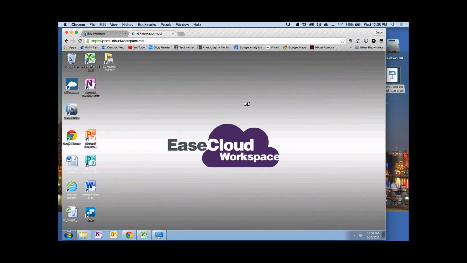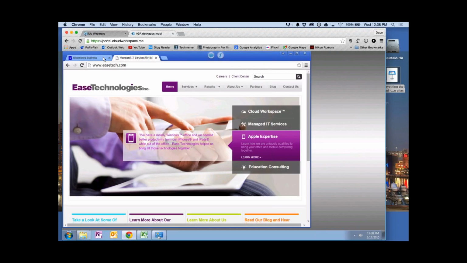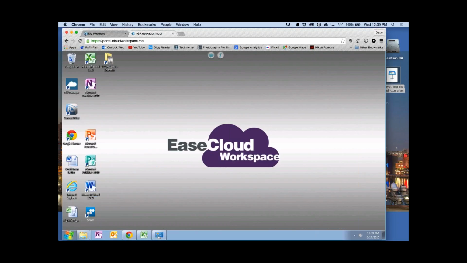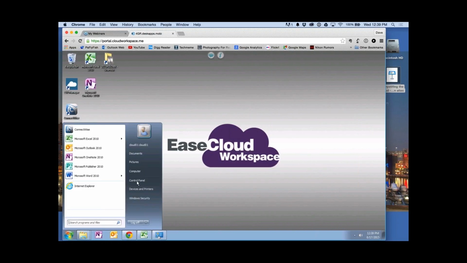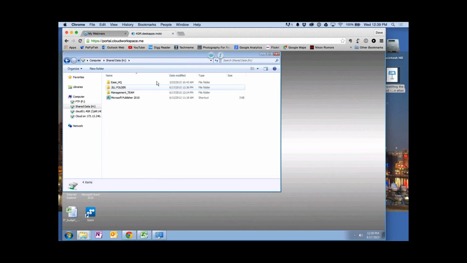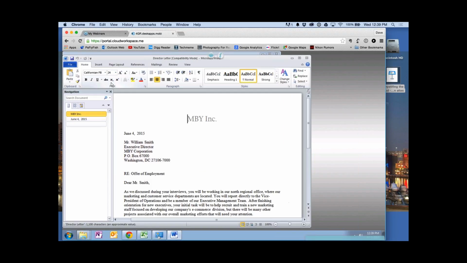And what's great is, as you saw here, there's no need to download components. A lot of these other programs that you may have seen, something like a LogMeIn, something like a GoToMeeting, you'll have to download all these Citrix components, things like that. And a lot of times when you are at a remote location, you may not have admin rights to do that. You may not be allowed to do that on the computer you're on. So the browser is really, really easy to use in a crunch time situation when you just need to get to something on a computer that you don't have your normal cloud icon on.